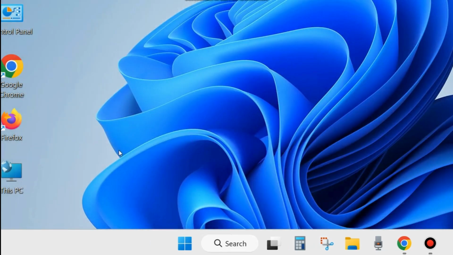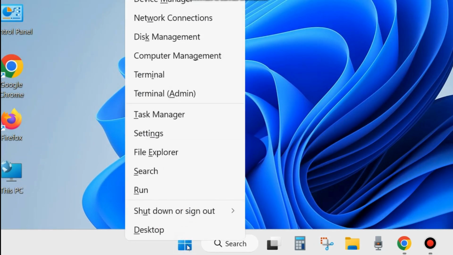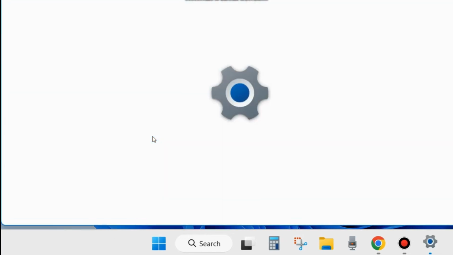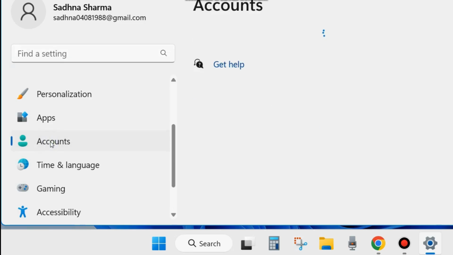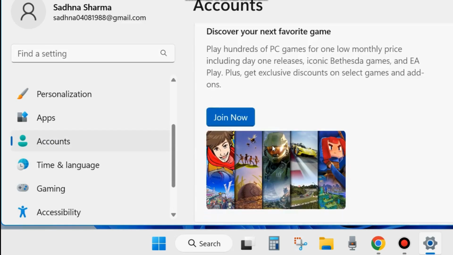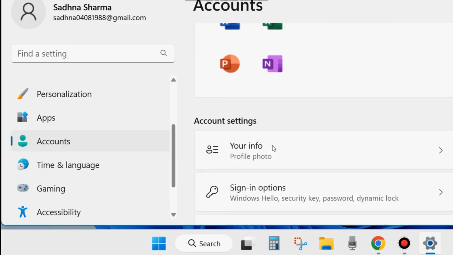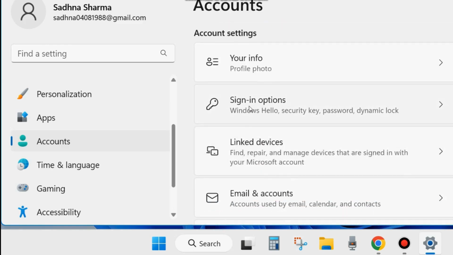The one more method is go to Windows Settings. Right click on the start button and choose Settings. From the left side click on Accounts. From the right side scroll down and click on Sign-in options,